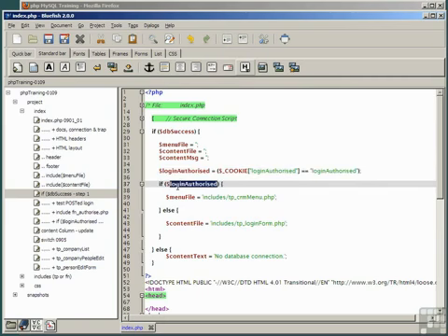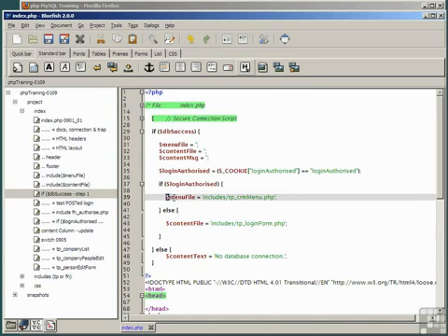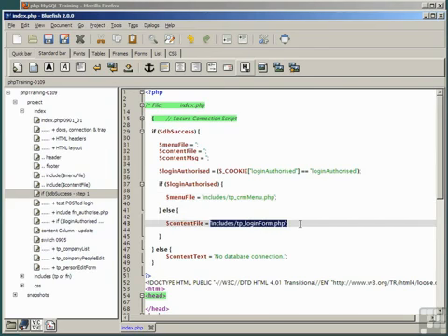If we are authorized to log in, then we set the value of the menu file variable equal to the URL where we'll find that menu file, tp_CRM menu. Clearly that doesn't exist yet, so we'd better build it soon. In the same way, if no login is authorized, then the content file is set to the file found in the includes folder called